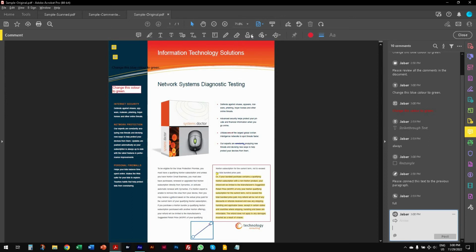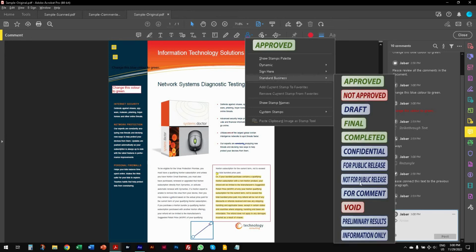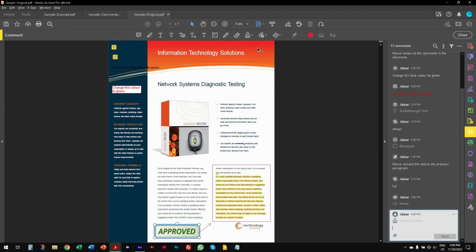The Stamp tool can add a mark of many different options, as you can see here. One way of using it is if all looks good in a document and you want to give it your stamp of approval, you can use it like so. Lastly, the Attachment tool gives you the option to attach a document or even an audio recording if you want to give specific instructions verbally.